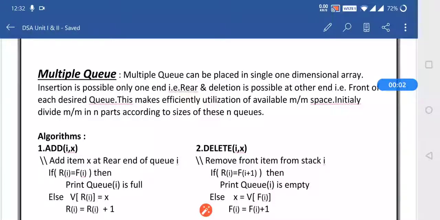So dear students, in our last lecture we have seen queue, and now we will see the concept of multiple queue. Multiple queue is also one type of data structure and it is a combination of several queues. Multiple queue is nothing but one single dimensional array where a number of queues are stored in a single dimensional